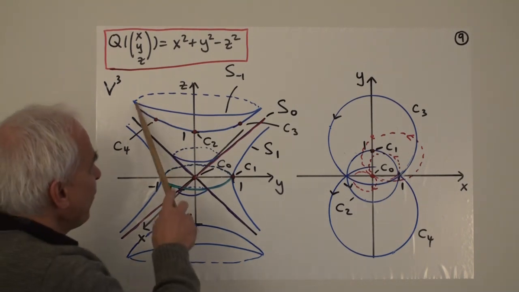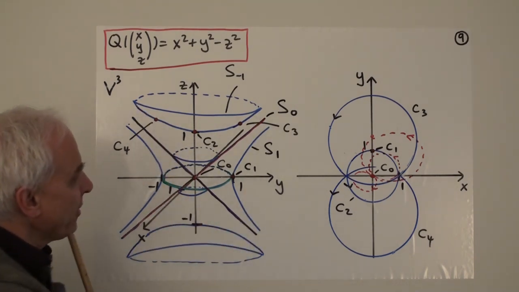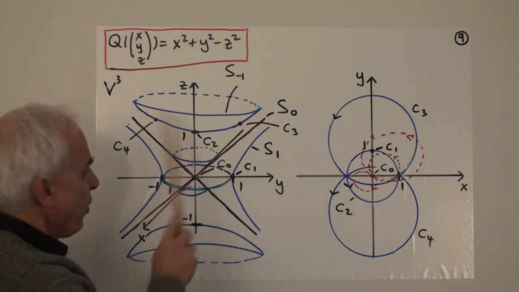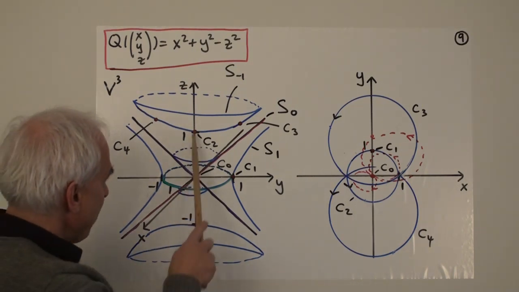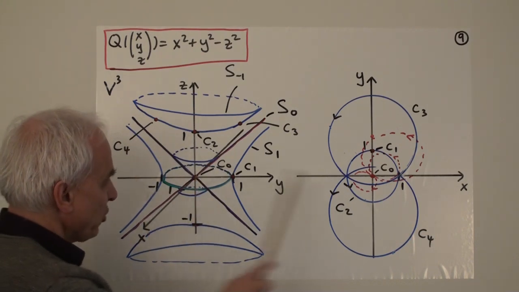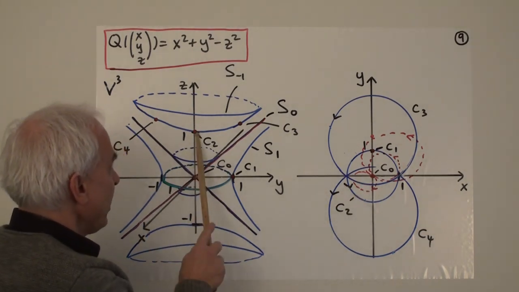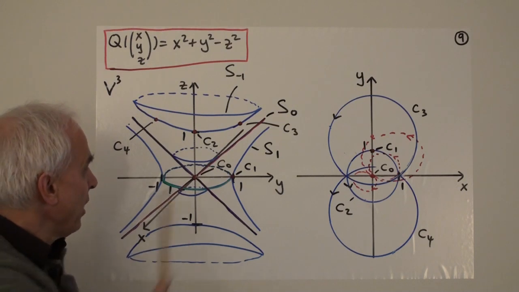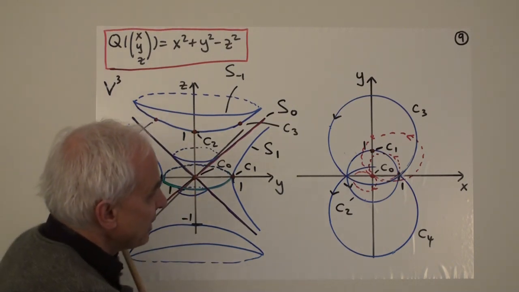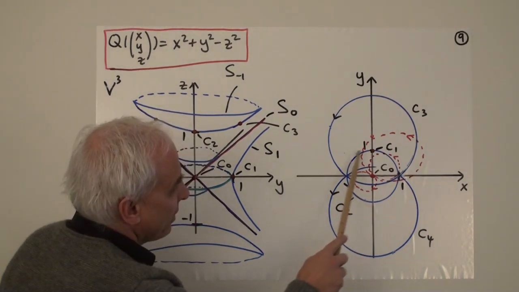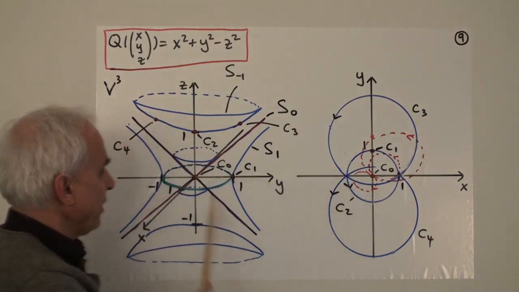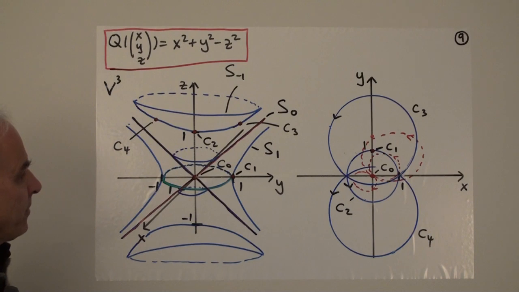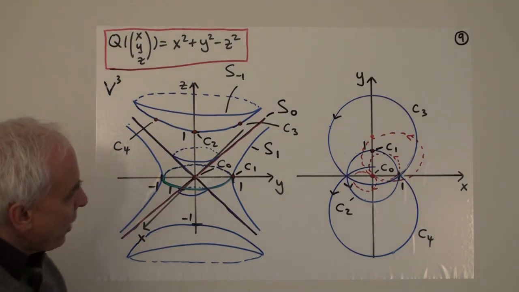Let's have a look at just this upper sheet here, and say that point there. What does that correspond to? Well, that corresponds to a circle whose center is at the origin and whose radius is 1. I'm calling that C2. Here it is right here. All right, here's a circle, positive radius of 1, center at the origin. All right, so what do the